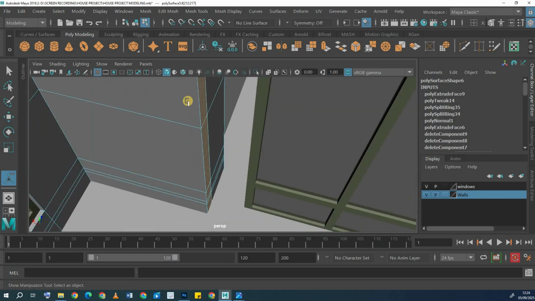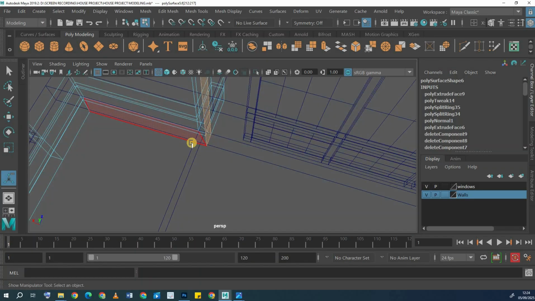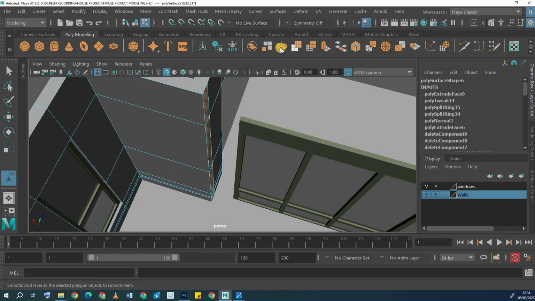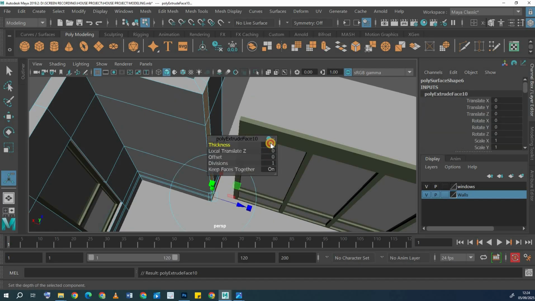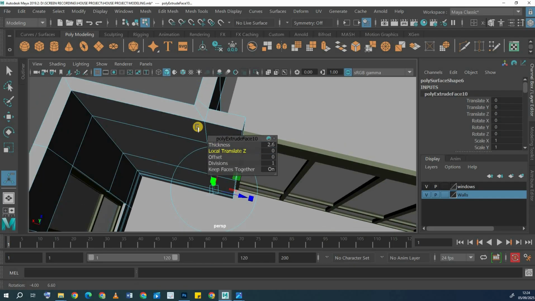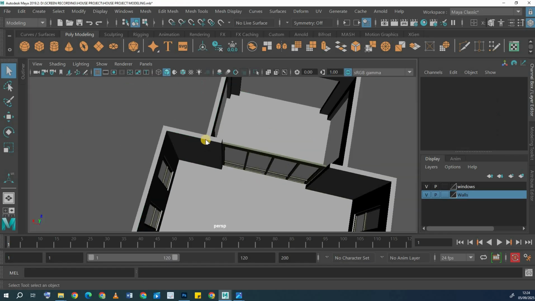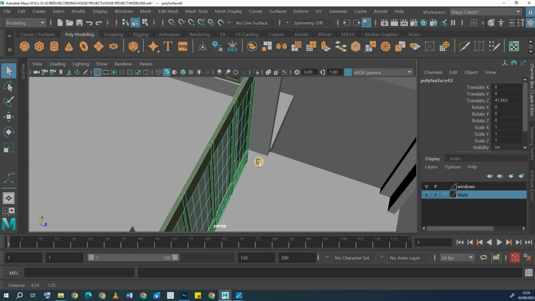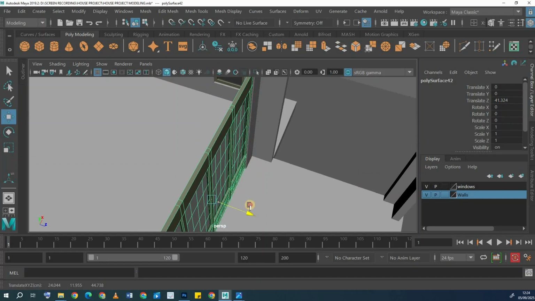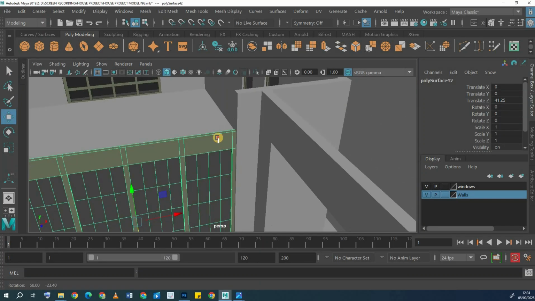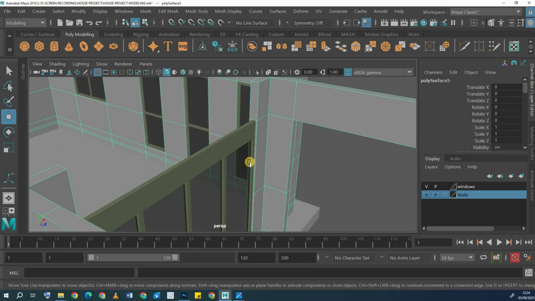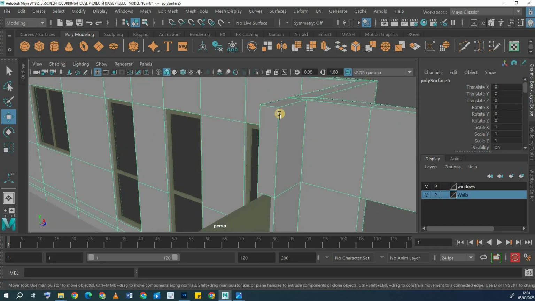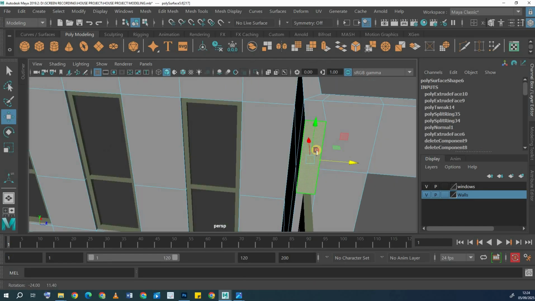Modeling. Do the same thing and extrude 2.6. Perfect. And bring this back in the middle. Now this one already is doing a good job. This space here,